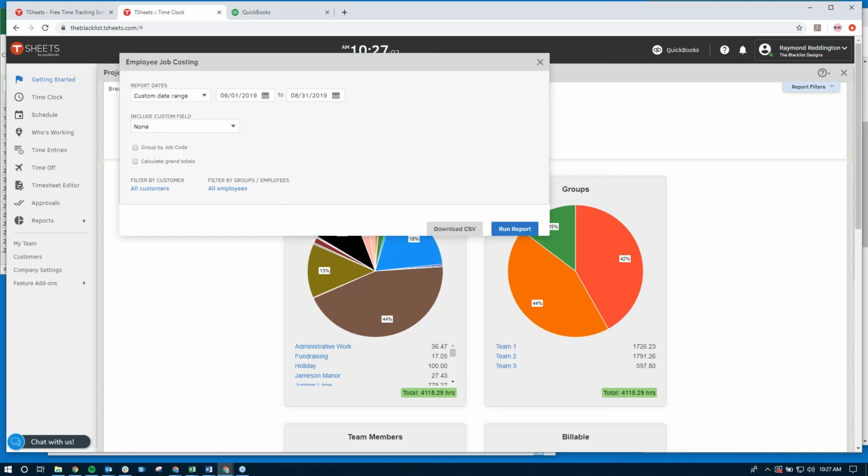So within TSheets, we have some very, very basic job costing, and you can run this report at any time, 24/7. It's not dependent on putting the time through payroll first, and it can be run at any time to give you, again, very basic job costing. I like to include my service item on this particular report. I do want to group them by job code, and I do want to calculate my totals. So I'm going to run that report